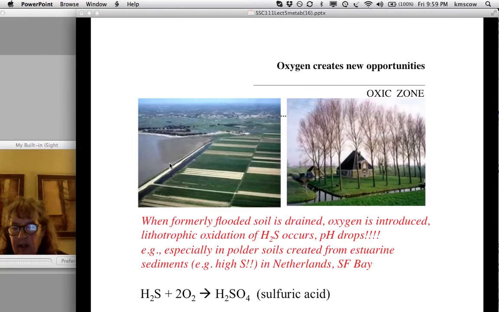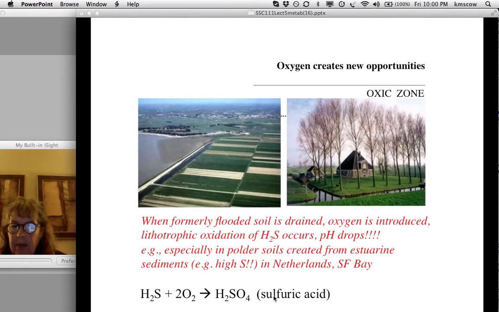And so you have a lot of H2S that had been produced in these flooded muds, right? Because that's what these soils used to be, were these muds lying underneath the shallow seawater in these estuaries. So there's tons of H2S there, and when you drain them, then all this oxygen enters into the system,